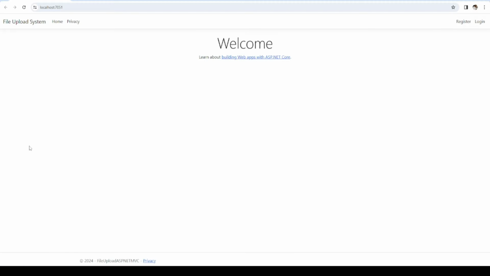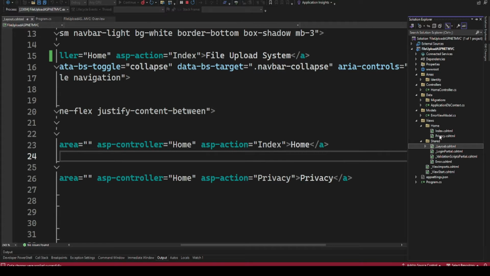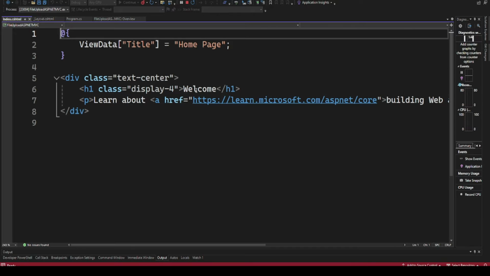What I want us to do, we can also change this home and provide some details. So we are doing file upload. So you can just go to home index, then you can say